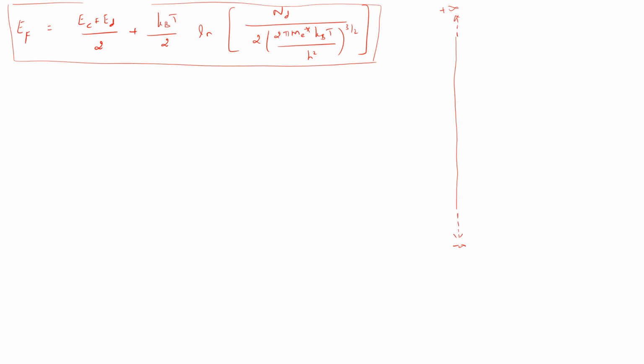So wider conduction band and smaller valence band. So this is my valence band and this is my conduction band. I indicate the lowest level of conduction band to be EC